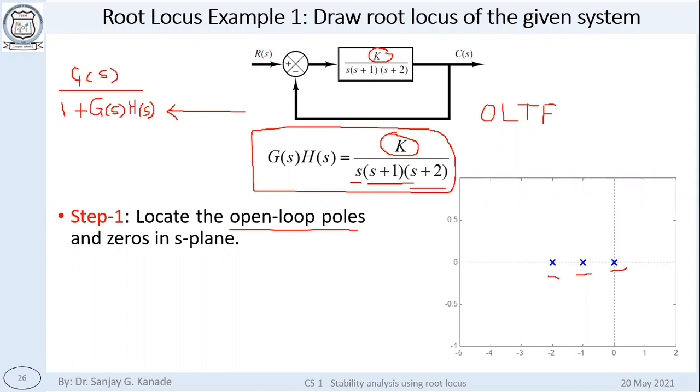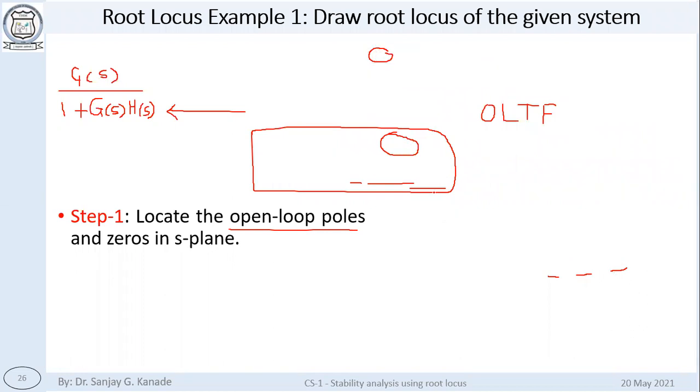Now what is step 2? Can someone remind me? Can someone tell me what is step 2? Determine the root locus on the real axis. That is called the real axis locus. Okay, and what is the rule for that? The actual theoretical or analytical rule is to apply the angle condition, but instead of that we are going to follow a simple rule just to find out